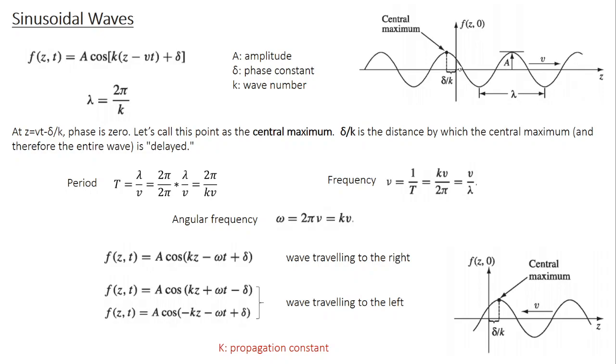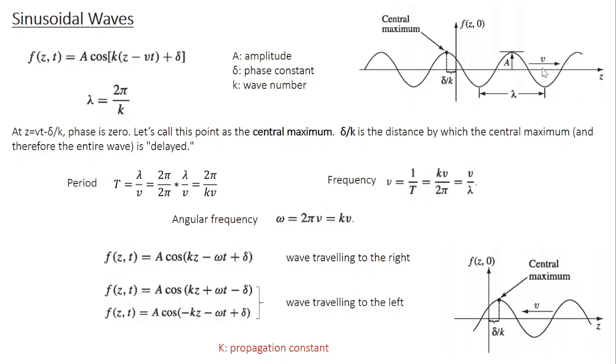It has a periodic vibration. So if you take a point, after some time the same point is going to get repeated. Now this is known as one complete cycle. In terms of radians, this corresponds to 2 pi. Or if you take this maxima point, after 2 pi radians, the same point is going to get repeated. The distance traveled in one complete cycle is the wavelength lambda, and the time taken for one complete cycle is known as the time period T.